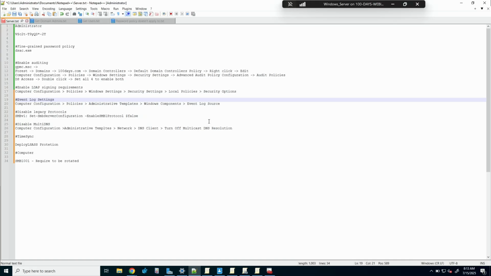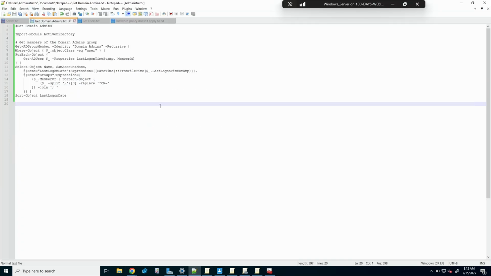Okay, so we're going to go through a couple of things. The first one I want to talk about was turning on... Actually, I'm going to start with finding domain admins that aren't being used, because that's a little bit nicer. I've got a script here. We're going to share this in the email afterwards, so you don't have to take screenshots or anything. There are lots of different ways you can do this.